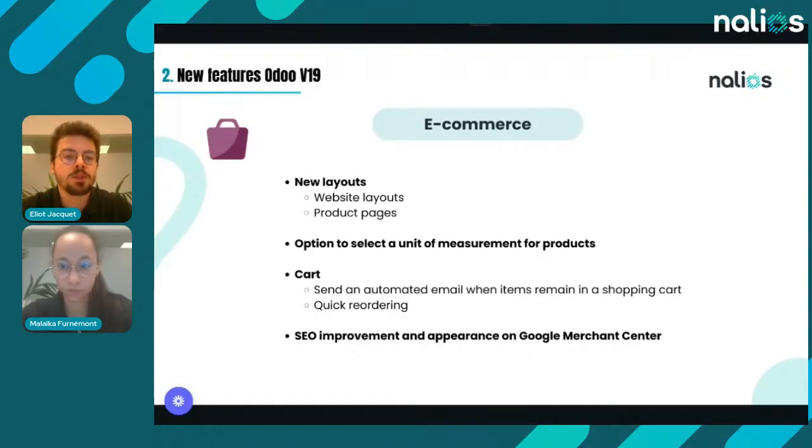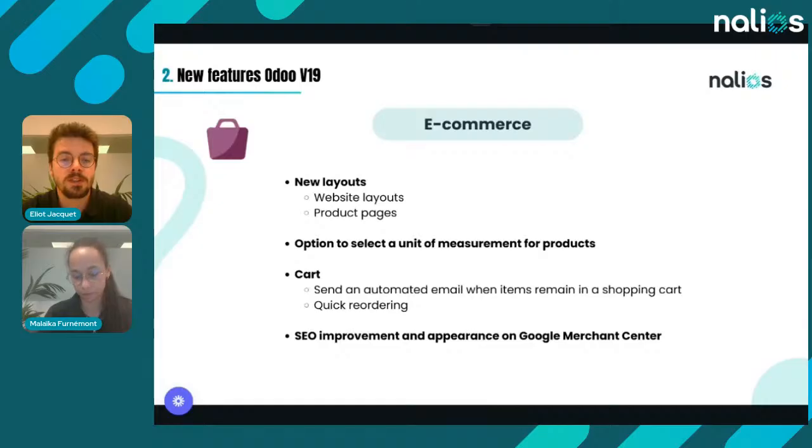We also have the option to select a unit of measurement for products. So, for example, I can say that a product can be sold by packs of 1, 4, 5, 6 units, and be able to let the customer choose all of that. Then with the cart, we have 2 new features. Firstly, Odoo will automatically send an email to your customer if he has some items left in his shopping cart and hasn't proceeded to the payment. So it is just a reminder to your customer to not leave a cart